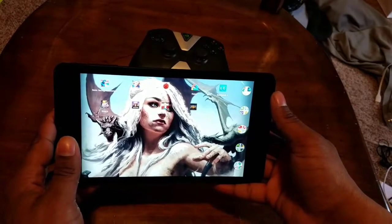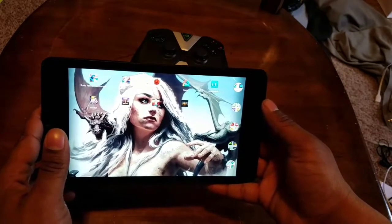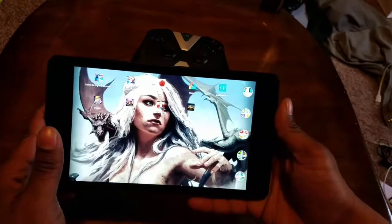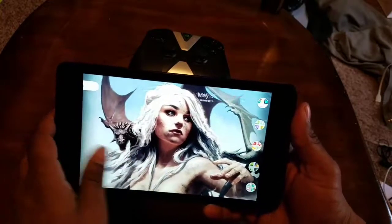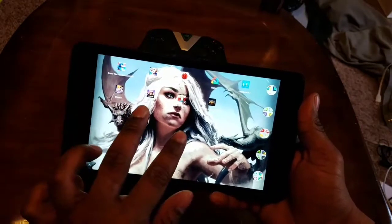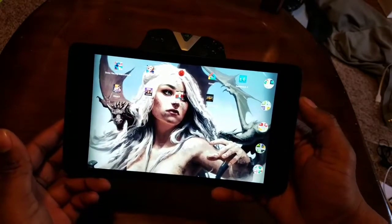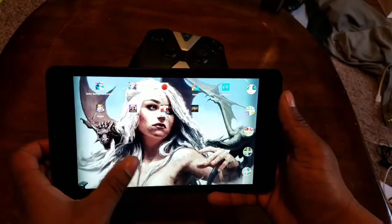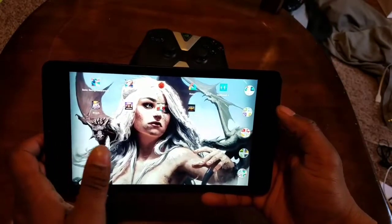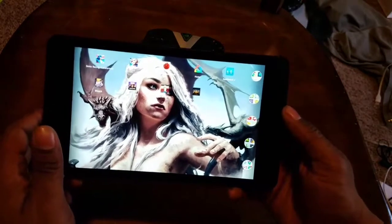Because A, they really don't show real world use. They're more of a showpiece. And B, what good does a benchmark do for a phone or a tablet? Not everybody really cares about that. I'll do it for the diehards, the power users that play nothing but games on their phones and tablets. I will do that, but